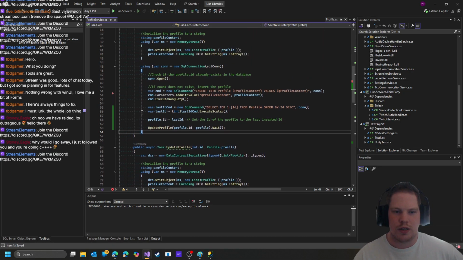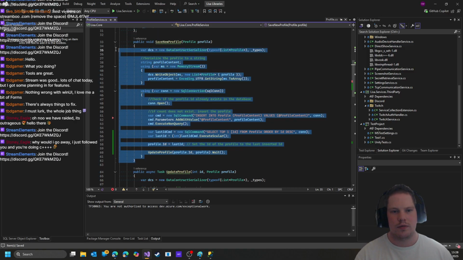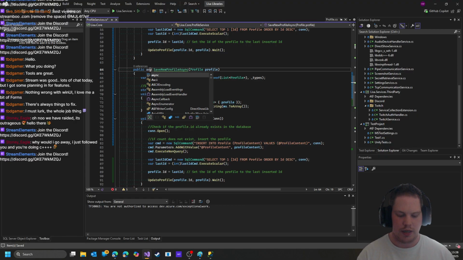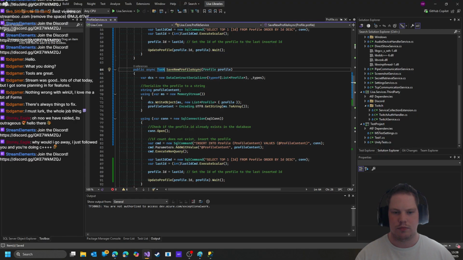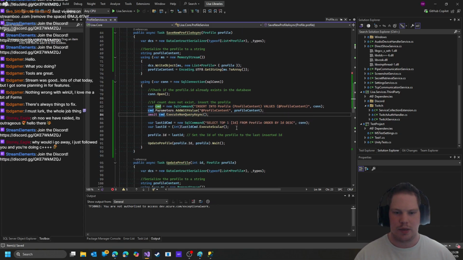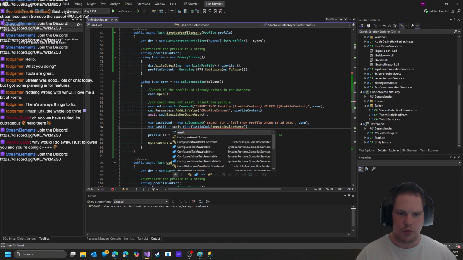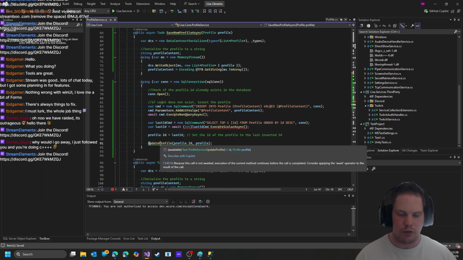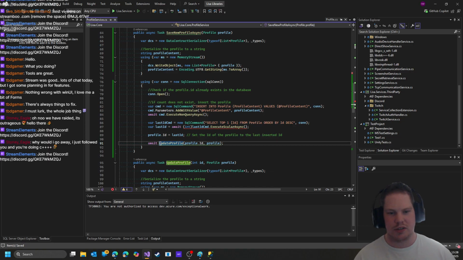Profile. Wait. We'll just make this an asynchronous task as well. Call that async. Make it an async task because execute non-query async exists. That makes you get scalar. Actually, yeah, we do need to call async scalar, and then we can just call update profile await. Well, not in that order, but